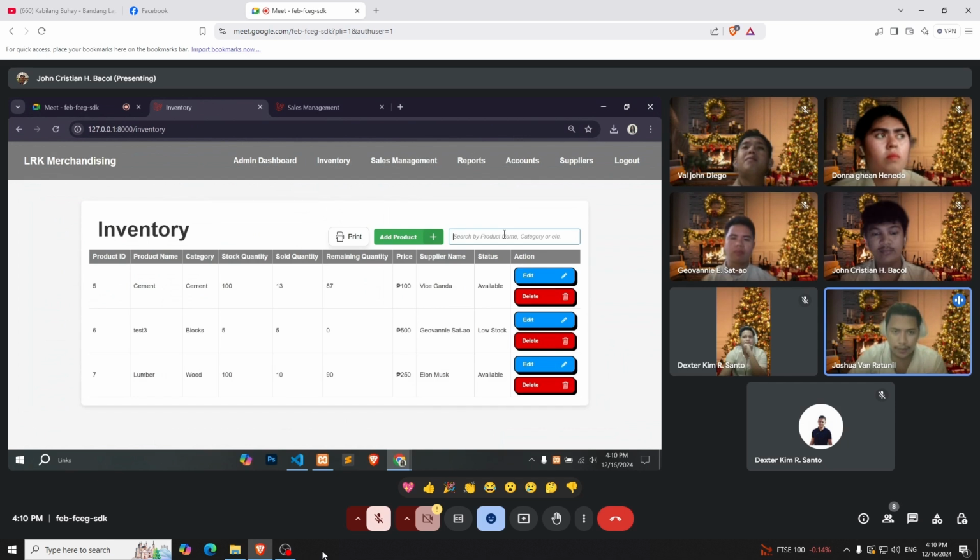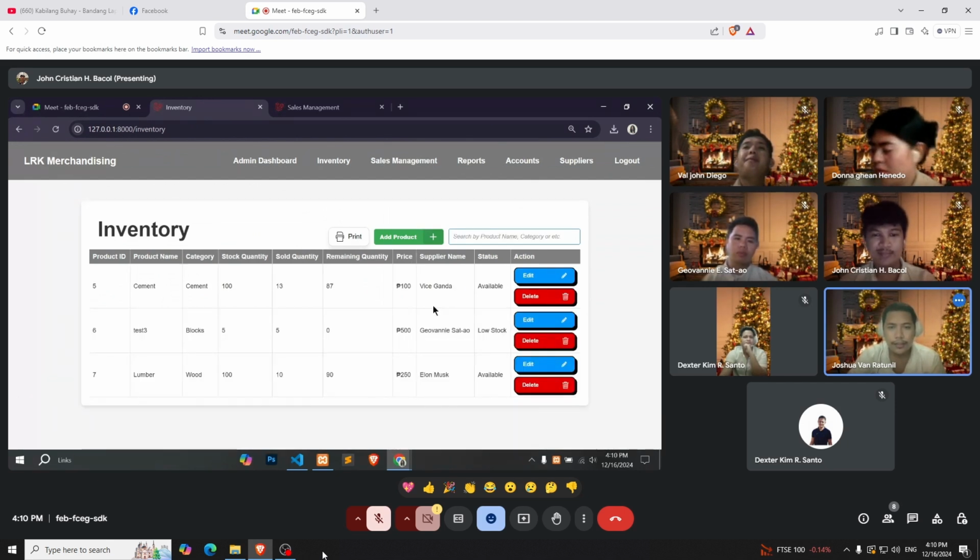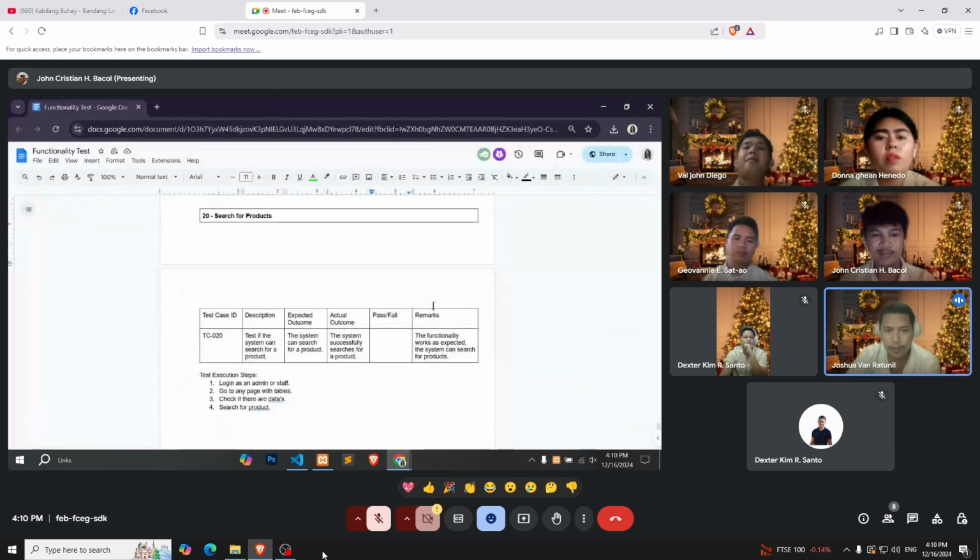So, we can see it can search some product. So, the actual outcome: the system successfully searched for a product. So, it passed. Remarks: the functionality works as expected. The system can search for a product. So, that's all our system.